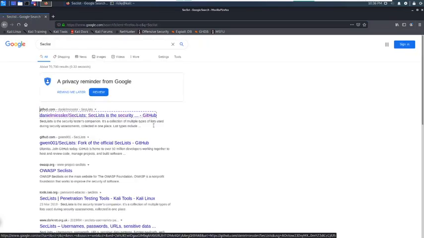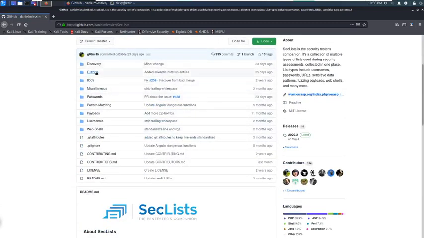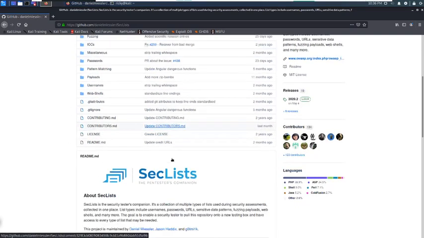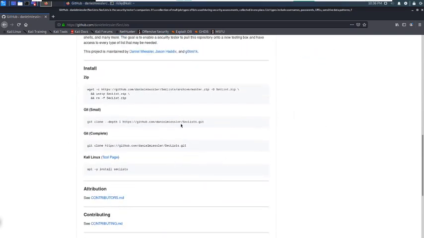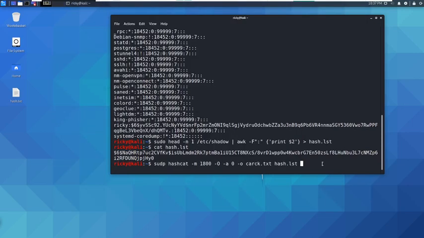You will find all the passwords, fuzzing and cracking, pattern matching, payloads, passwords, usernames, everything. So you just download this one. It is a huge amount of data. You can install it on Kali Linux using apt -y install seclists. You can install it on any operating system you use. Okay, that's one. But I use my own separate master password list.